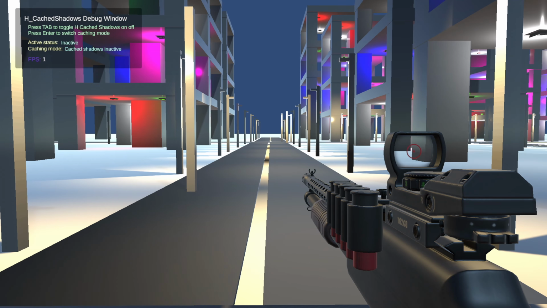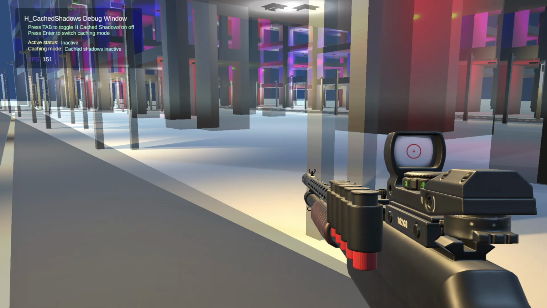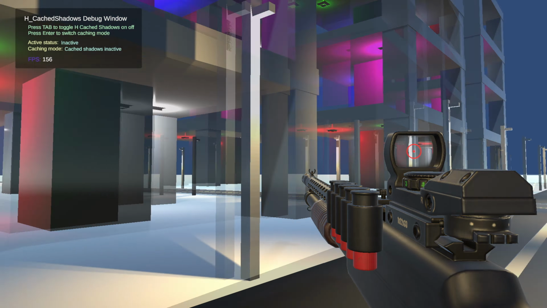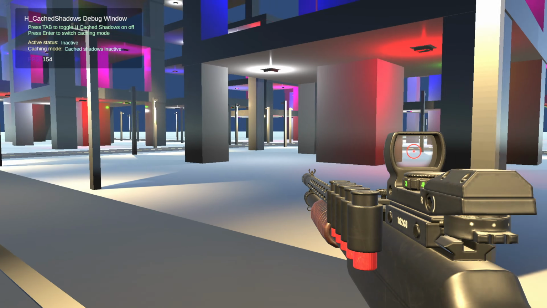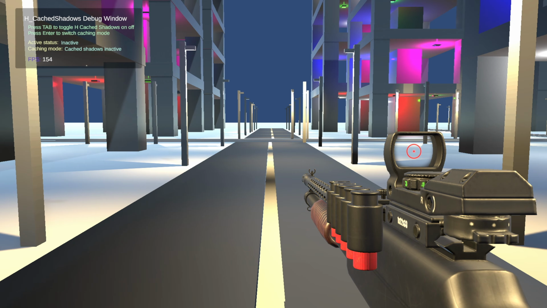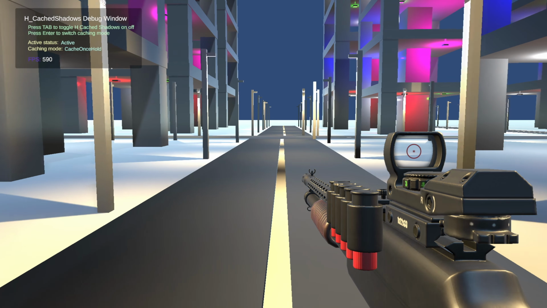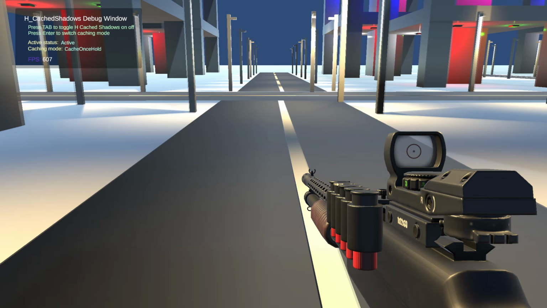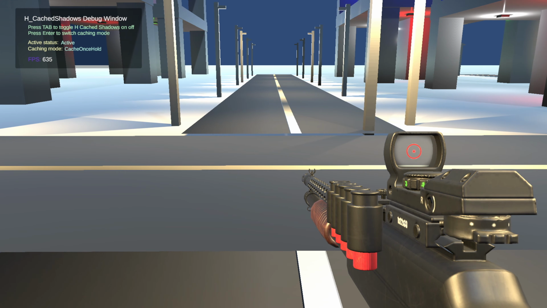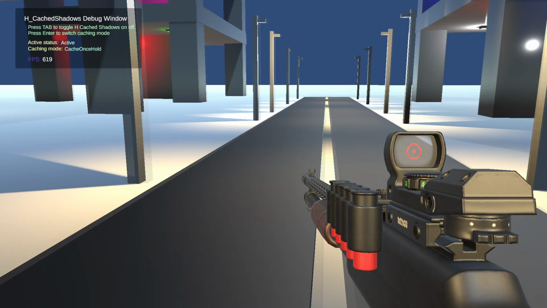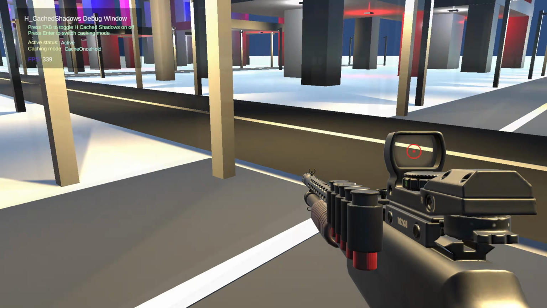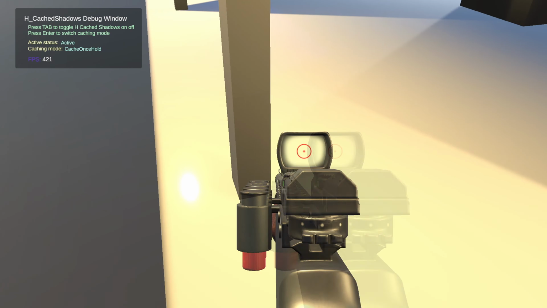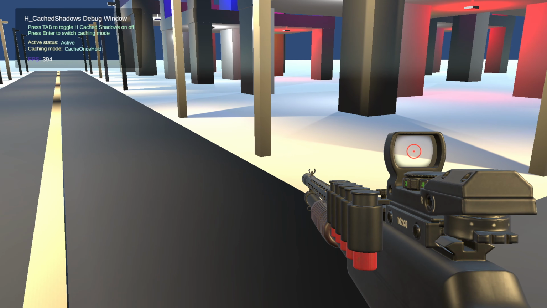So now let me show you actual numbers in a build. So this is a build with cached shadows turned off. As you can see, it is around 150 frames. And now I turn it on. The frame rate went to more than 500, and the looks are the same. So this is the cache once and hold that I talked about. As you can see, most of the shadows look good, but there will be one missing here and there. Let's find it. As you can see, for example, for this light,